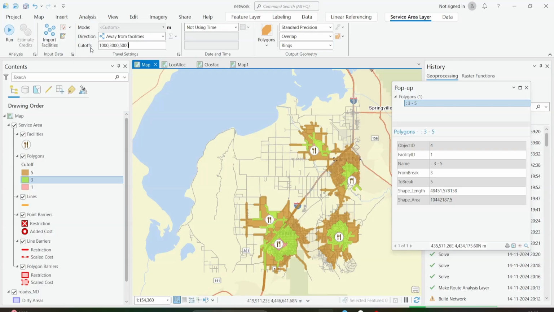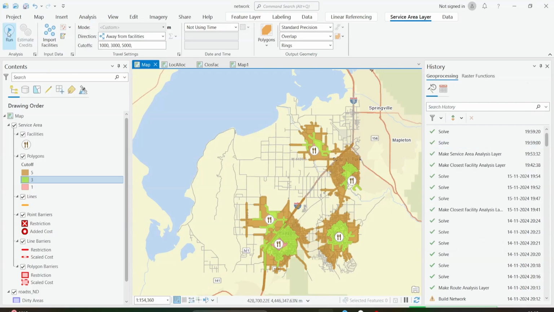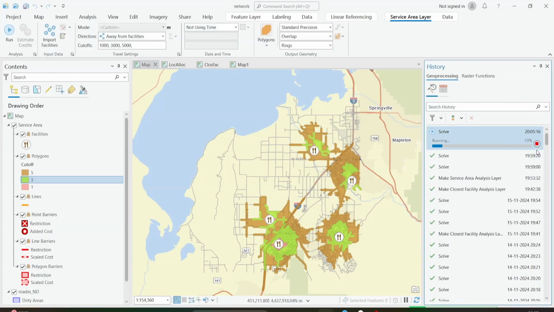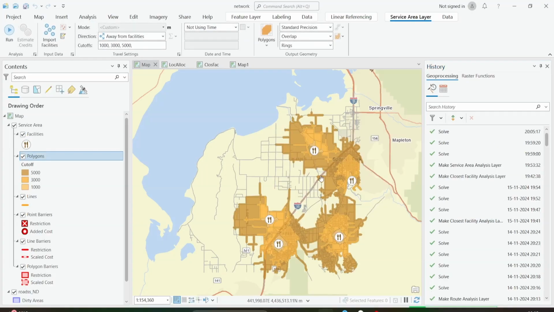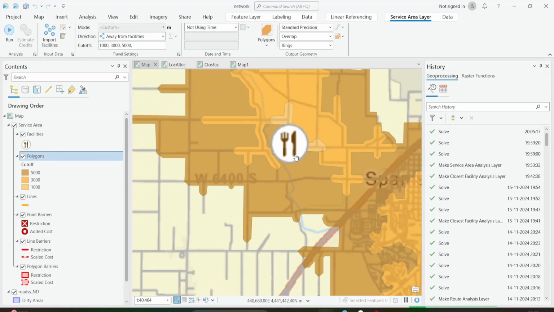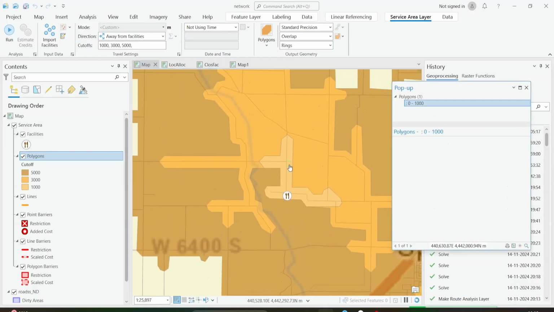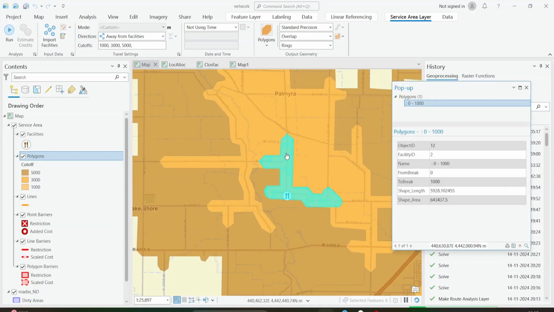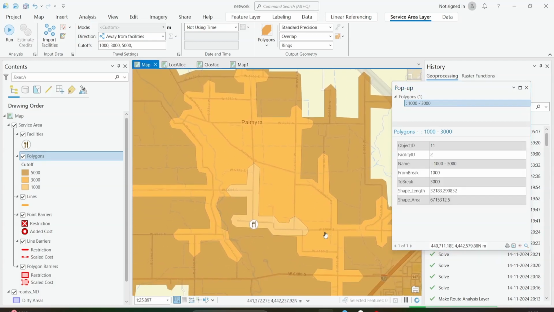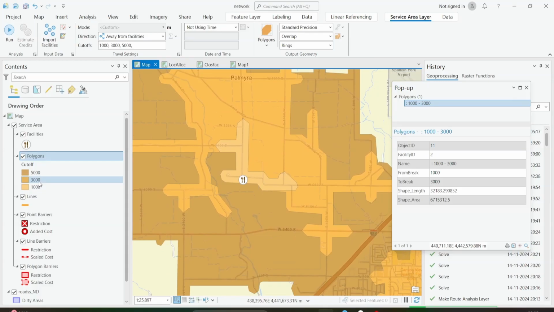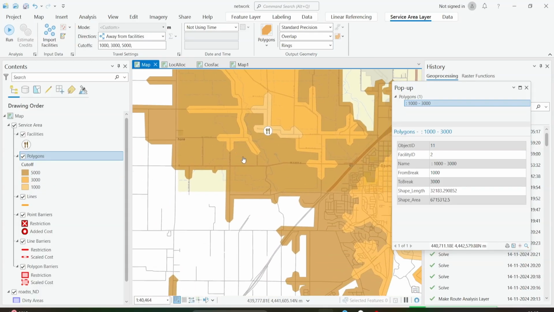Okay, now if I'm running it, you can see this inner polygon is visible in the 1 kilometer radius, and all these areas are serviceable within the 1 kilometer to 3 kilometer serviceable area,